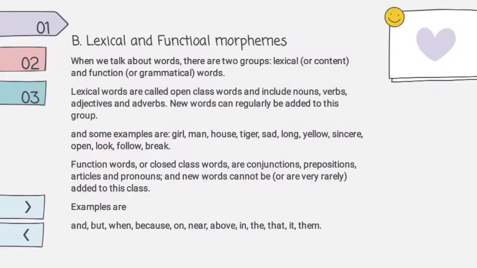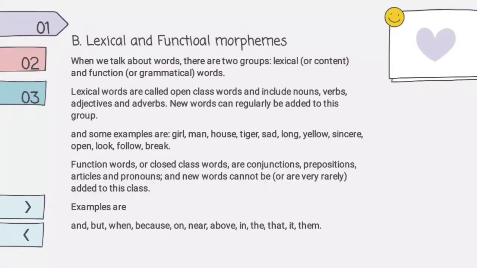B. Lexical and functional morphemes. When we talk about words, there are 2 groups, lexical or content words and function or grammatical words. Lexical words are called open class words and include nouns, verbs, adjectives, and adverbs. New words can regularly be added to this group, and some examples are girl, man, house, tiger, sad, long, yellow, sincere, open, look,